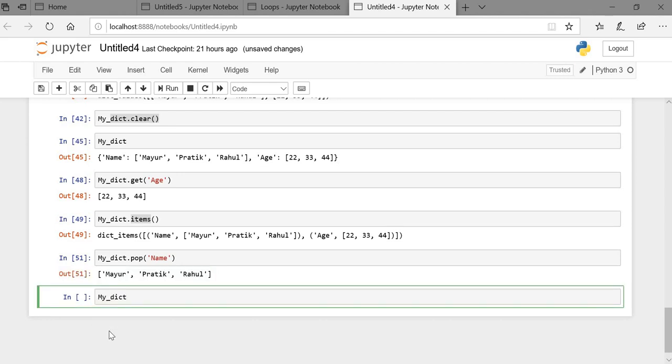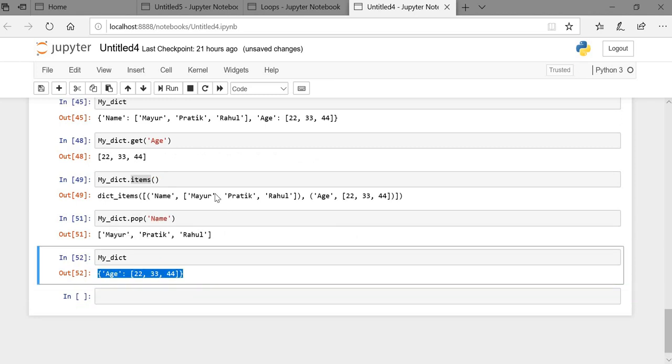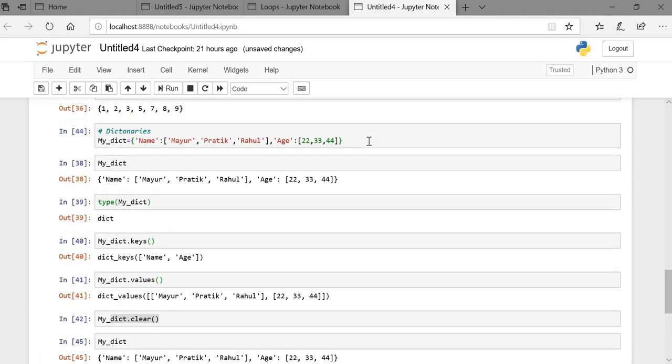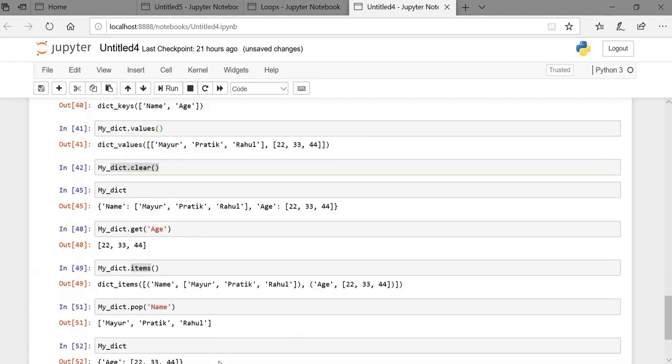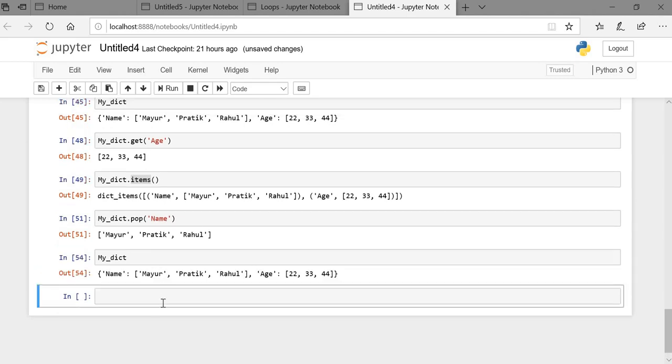We'll check the dictionary. Sorry, we got this age only because name is removed. It is popped from our dictionary. We'll execute this one more time so that we will get name as well. Okay, so we'll go for the other functions.